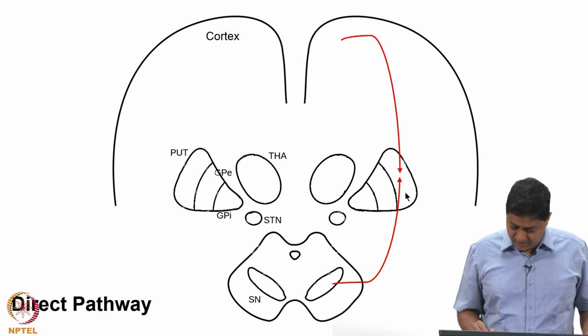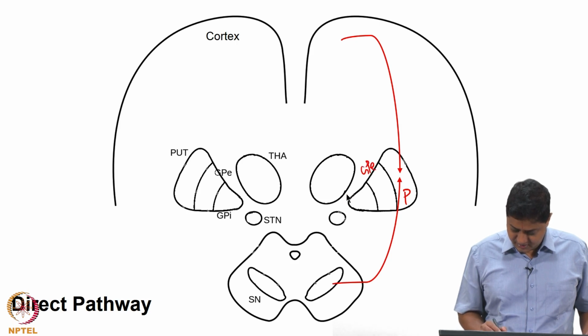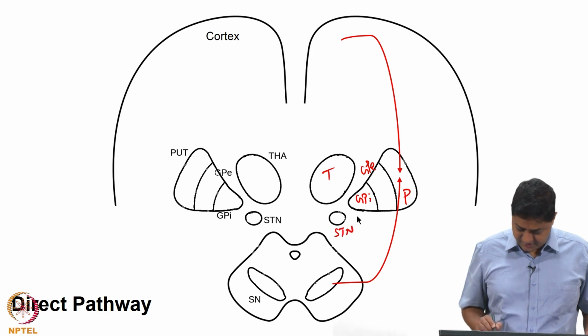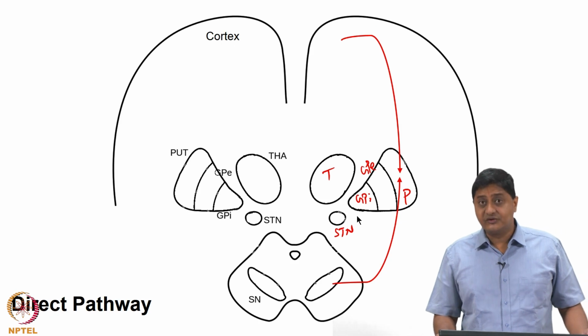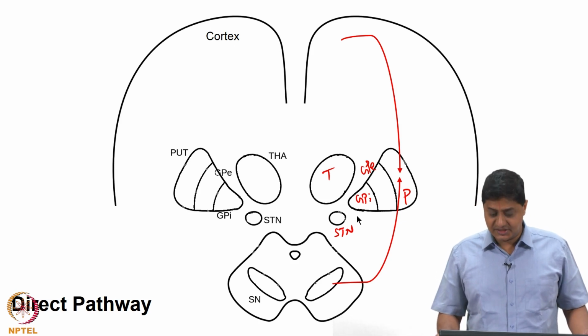In this case the putamen is taken as a striatum. This is putamen, this is GPE, and this is GPI, this is thalamus, this is subthalamic nucleus, right. So, the red connections here refer to excitation, and the blue connections and the blue arrow marks here refer